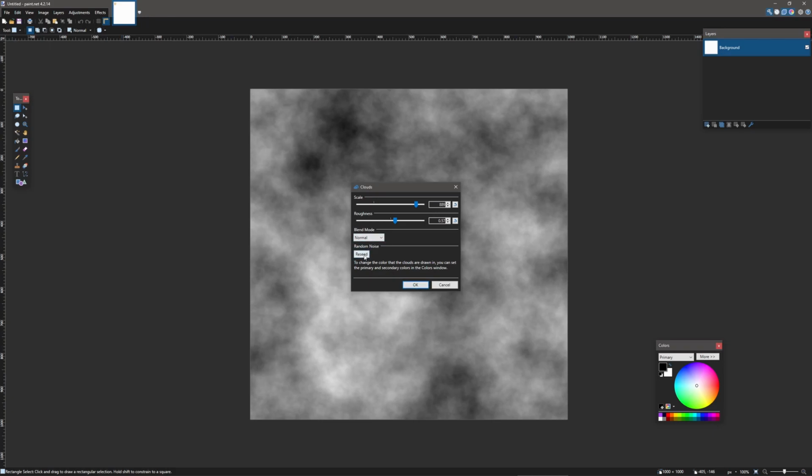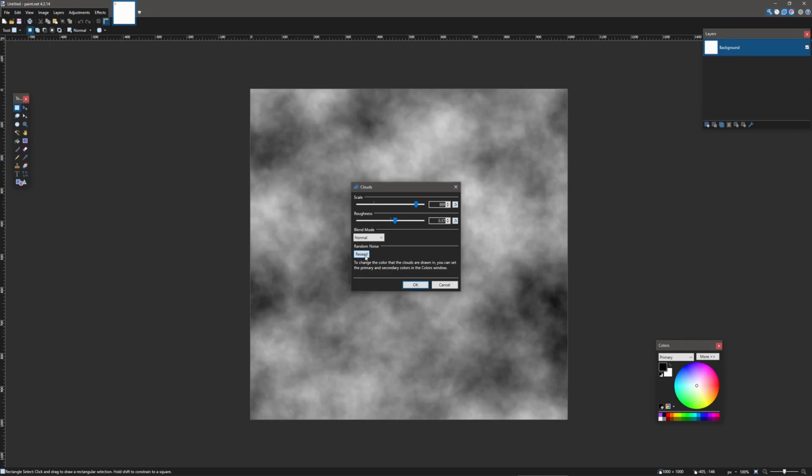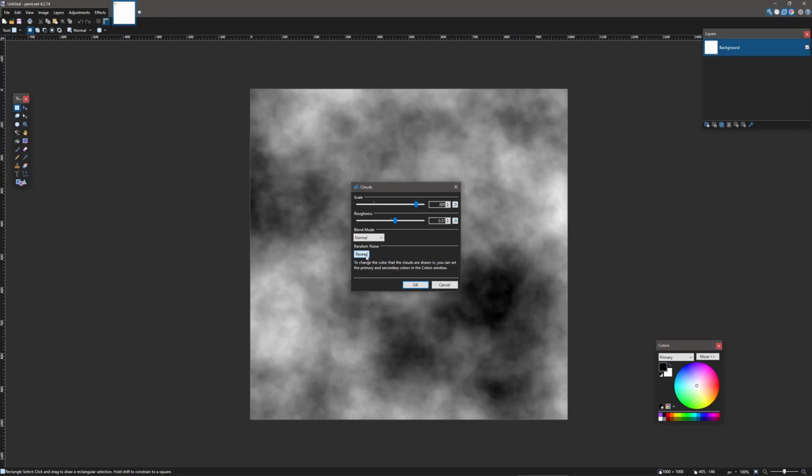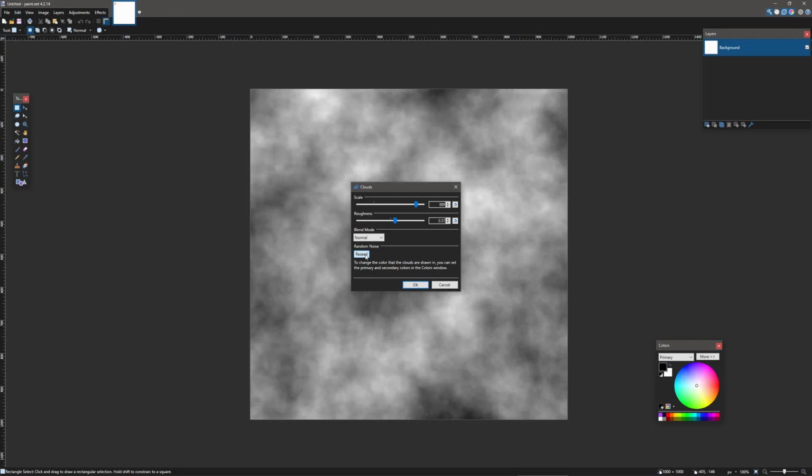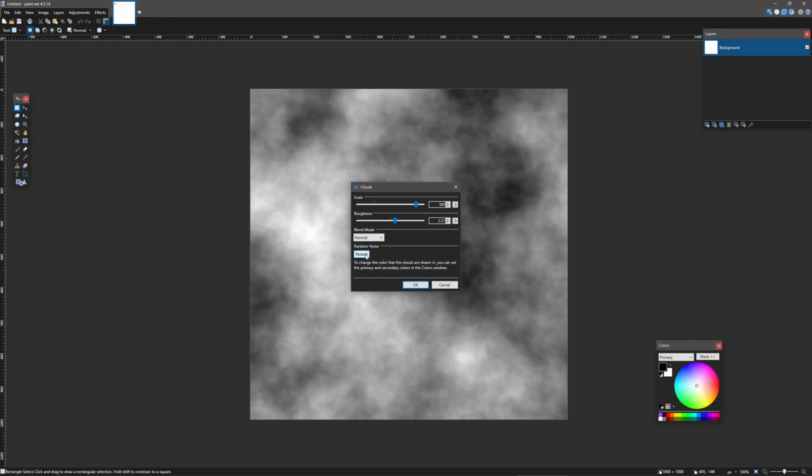And then you can also do random noise to randomize where your mountains or ditches might be, and you can keep clicking that. It's always going to be random, so you can keep clicking depending on what you want, and once you get that, you can stop.